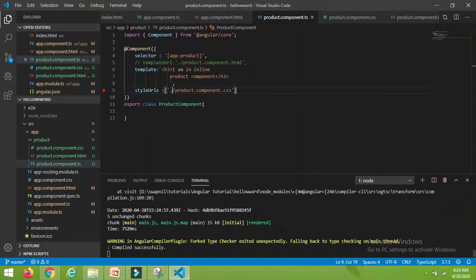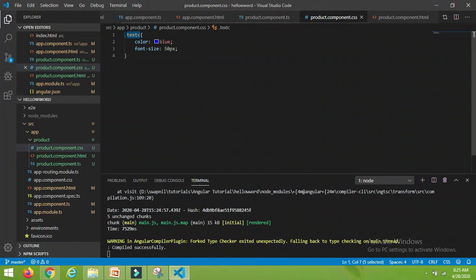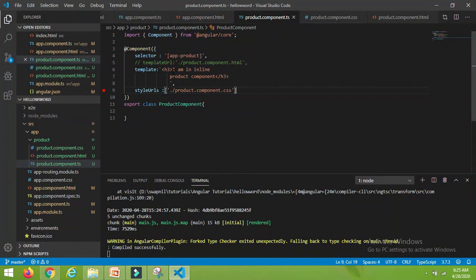It's compiled successfully, but I have not used this newly created class, right? So the class name I have given is textC. Let me copy this class, and I want to apply it to this h3 tag.